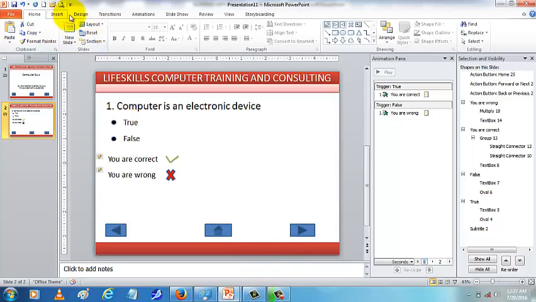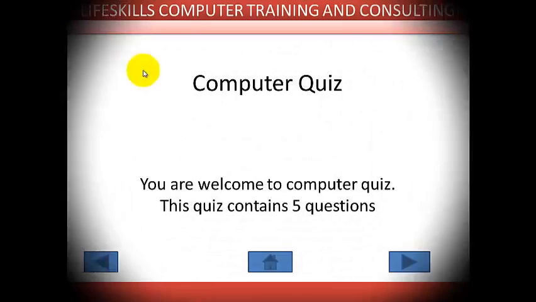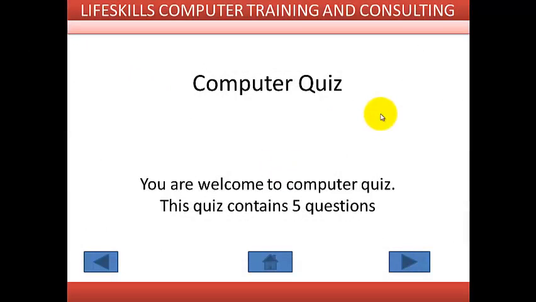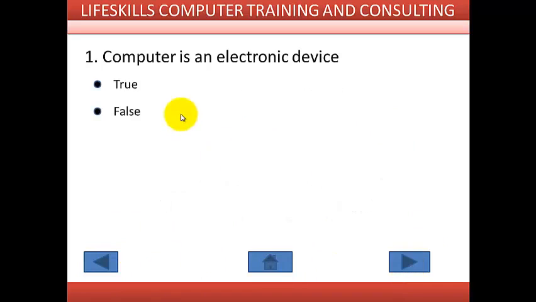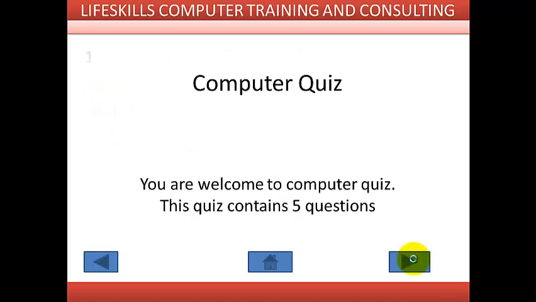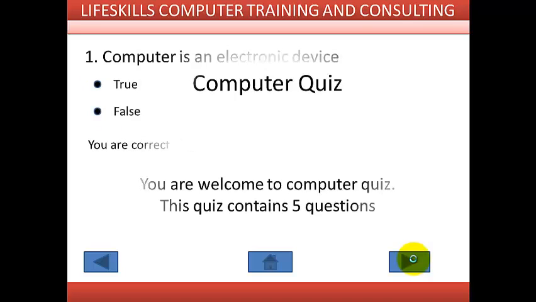Now, if I go to slideshow and I say From Beginning, you see I've disabled clicking on the empty space for advancing. I've even disabled the keyboard. The keyboard will not even work. So the only thing that will make your student move from one slide to another is this button. If I go to Next, you can see that it's working now. So if you click True, you are correct, it's appearing, then the student can proceed. So it goes back to the first slide. So it will be cycling like that again.